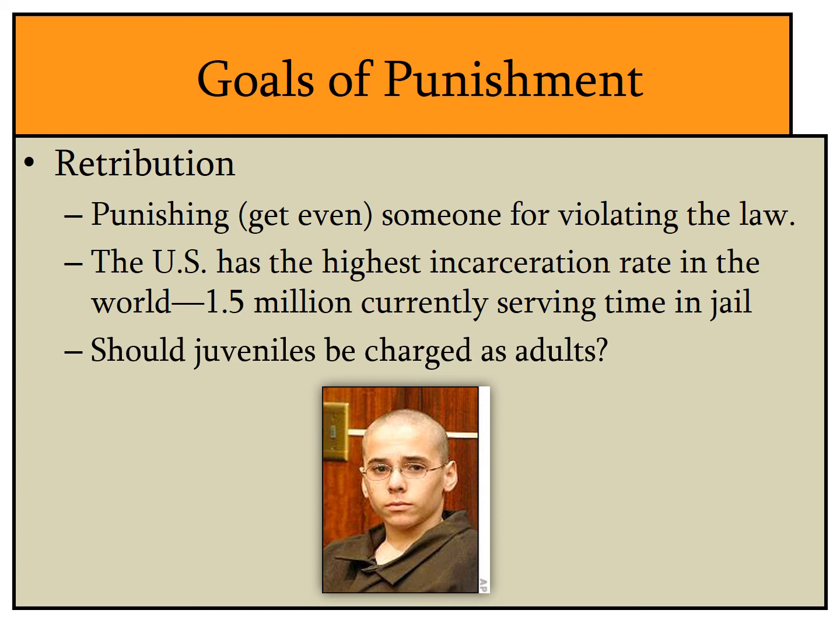And when you charge a juvenile, these are individuals who are below the age of 18 who engage in criminal activity, as an adult, then you can punish them as an adult, right? And so that's why charging juveniles as adults is a very serious thing. And this is why most countries don't do it, right? Because the idea here is that if you send a juvenile to jail, to prison, they may never come out. And if they come out, they're probably going to be worse off, right?